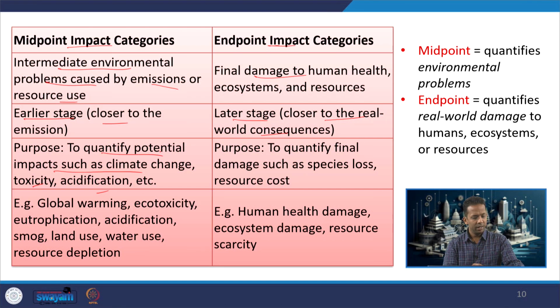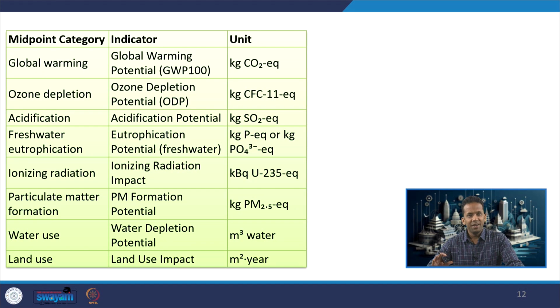So, all these are estimated by midpoint impact categories, and the purpose of endpoint impact is to quantify final damage such as loss of species, the costing of resources which are getting depleted, or the cost or price of human health damage. We have seen these examples already, and human health, ecosystem, resource scarcity are the three major damages which are considered in endpoint impact categories. So, midpoint categories are